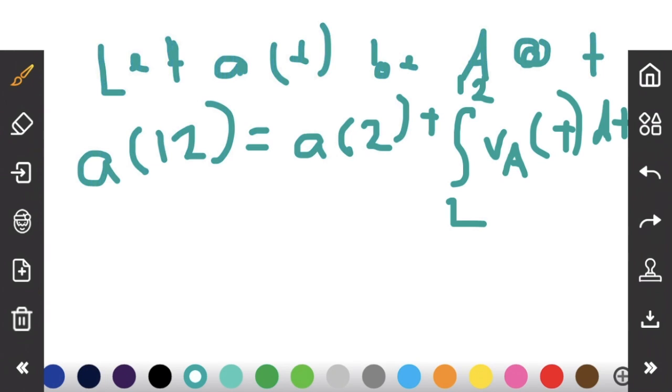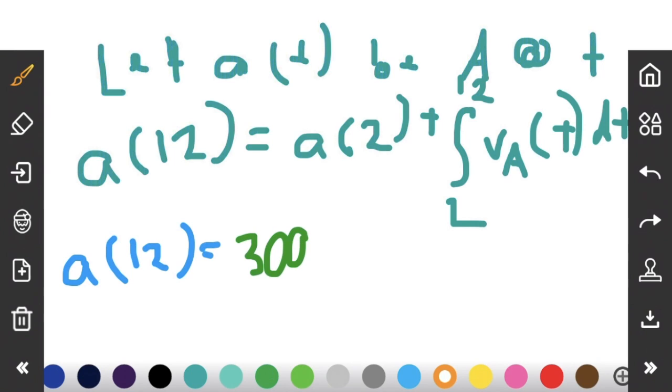Okay, so now we just plug and chug. We said A of 12 is what we're looking for, equals A of 2, our initial condition, which was 300. And it tells us to use a trapezoidal sum, so that's going to be base times height divided by 2. So it'll be the two bases added together times the height